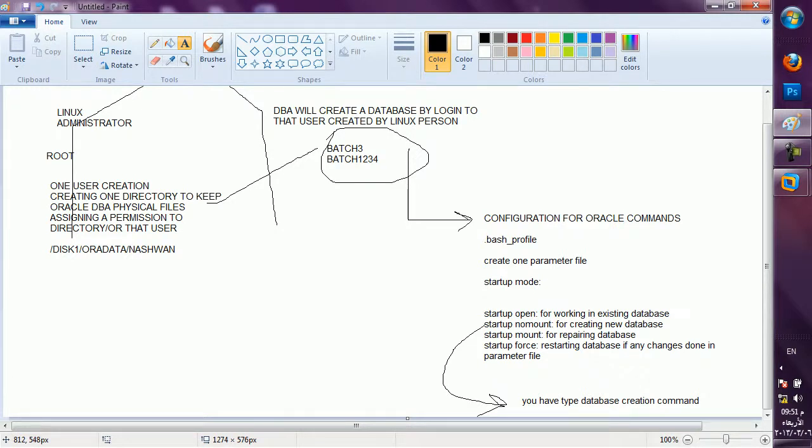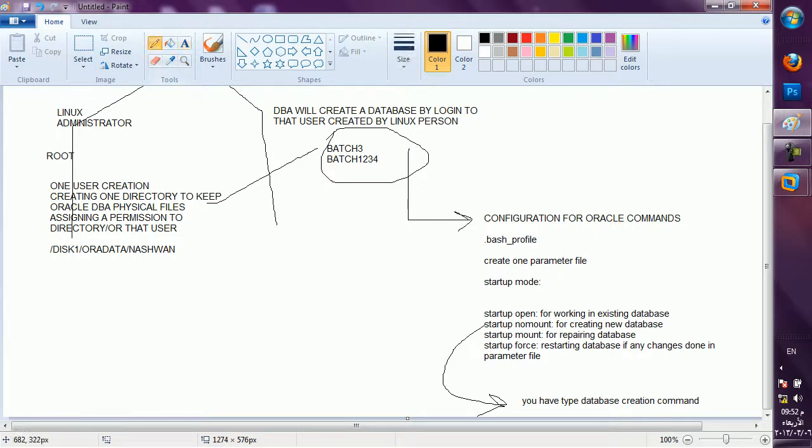On that SQL prompt I will type the database creation command. Clear? So actually this command I have to give, but in the background all these settings we have to do first. Then only I can type this command for the first time. Clear?